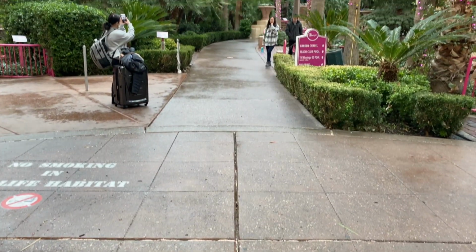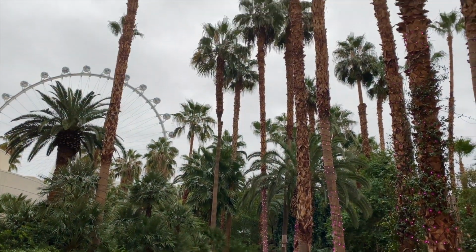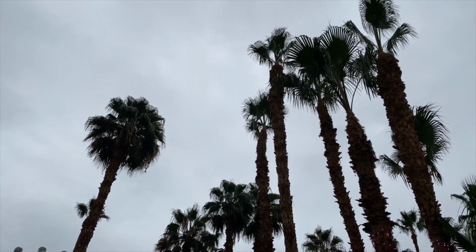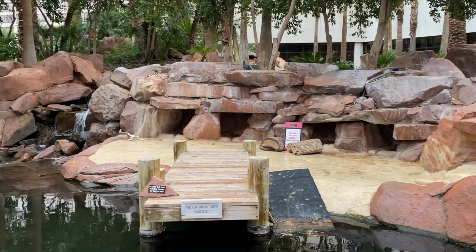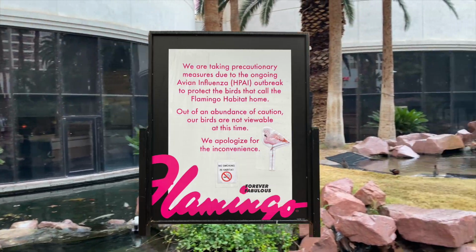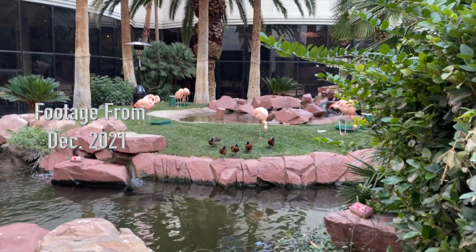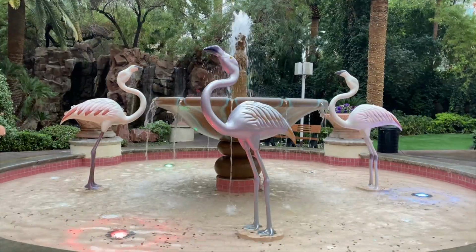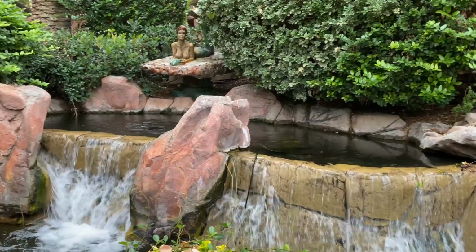Speaking of outdoors, we are always looking for green spaces in Las Vegas, and the garden courtyard at Flamingo is a nice oasis, even on a rainy winter day like today. The garden was added in 1993 when the last of the original structure was torn down. Normally, there are Chilean flamingos, ring-tailed ducks, and other birds in the habitat, but they're not in residence right now. It's still a nice place for a walk, though, with the bubbling fountain, waterfalls,